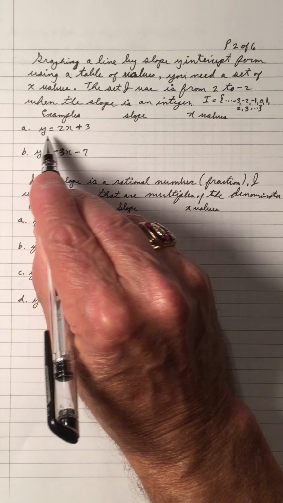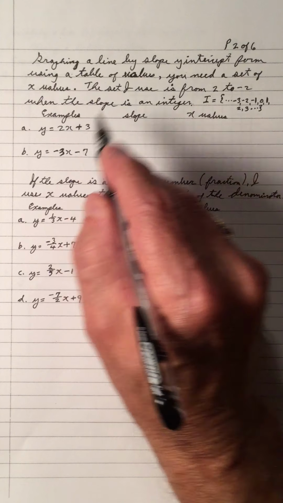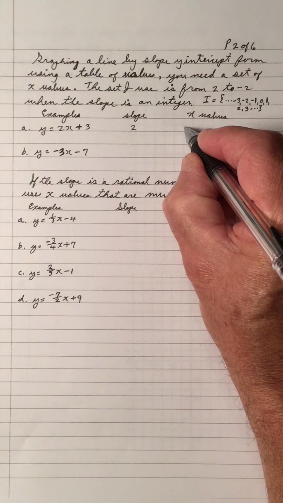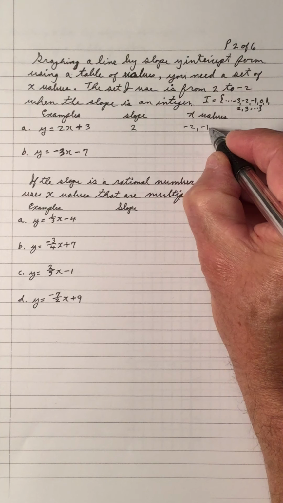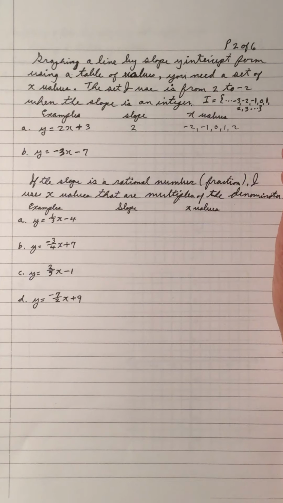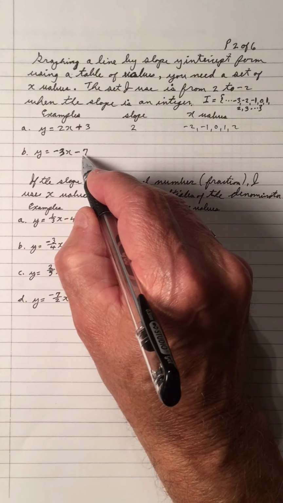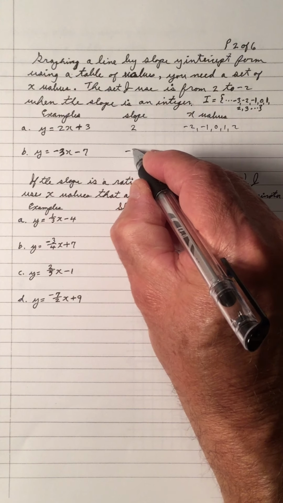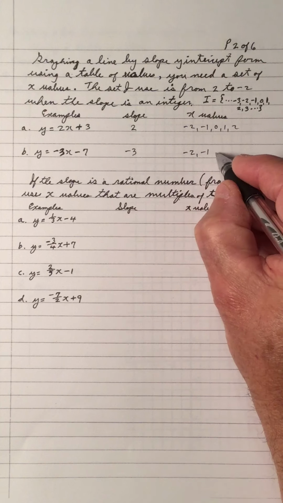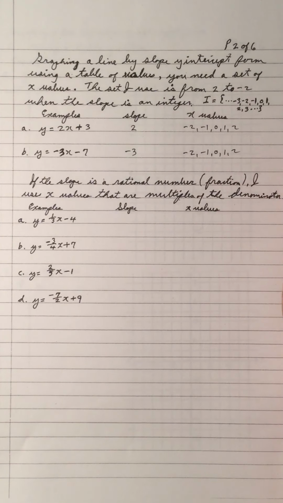So y equals mx plus b. A, the slope is 2, the y-intercept is 3. So if the slope is 2, 2 is an integer, so I will use the values of -2, -1, 0, 1, and 2. B, the slope is -3 and the y-intercept is -7. Since the slope is -3, again I will use -2, -1, 0, 1, and 2 for the values